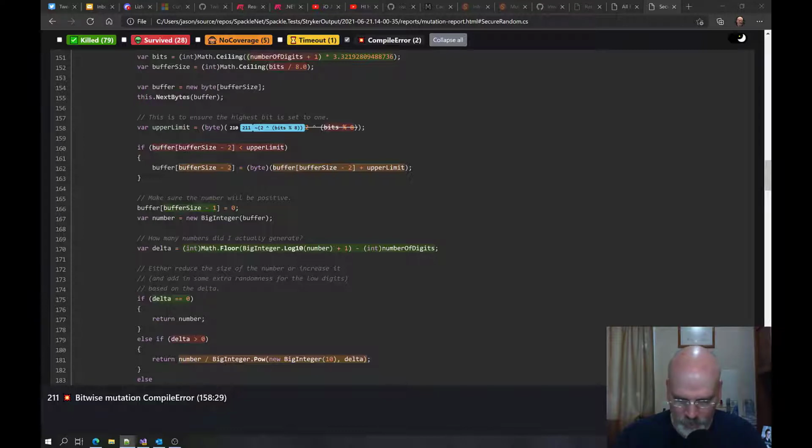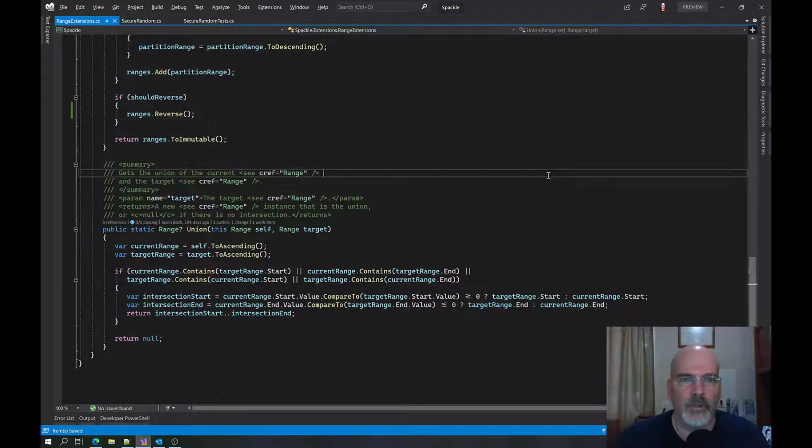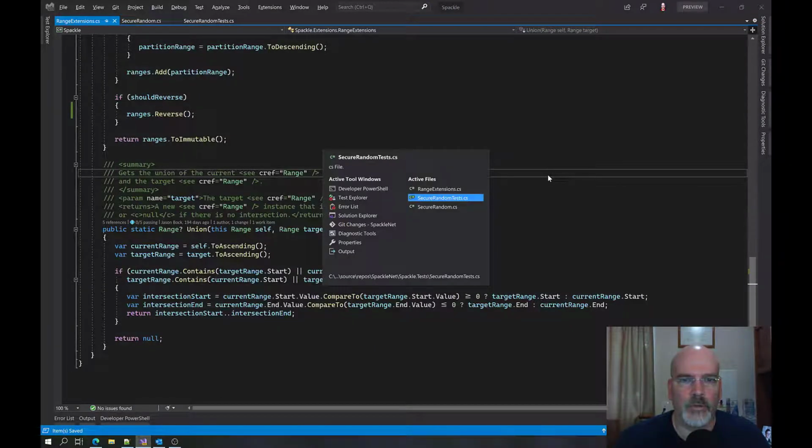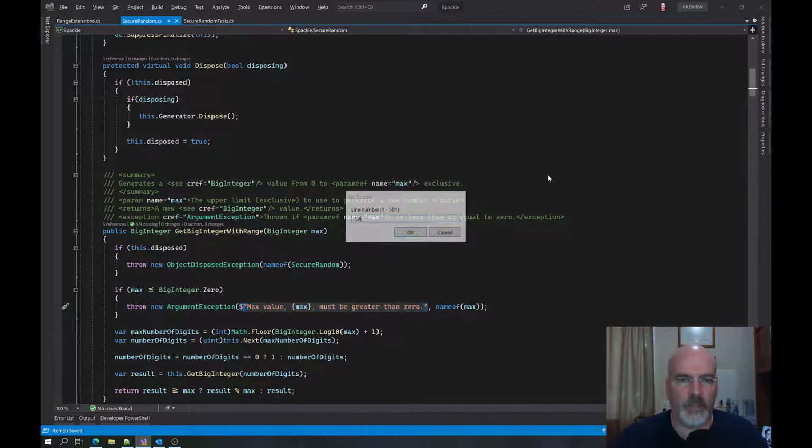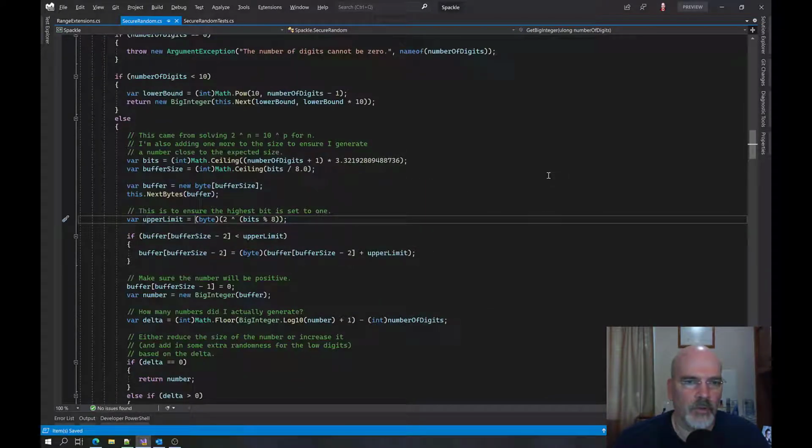I'm guessing what happened was, where the hell is the tilde? There it is. Is probably, like, what did that actually do? So it's doing 2 to the bit, except now it's saying not that. So line 158 of SecureRandom. So let's go to 158 of SecureRandom. So what it's saying here is,